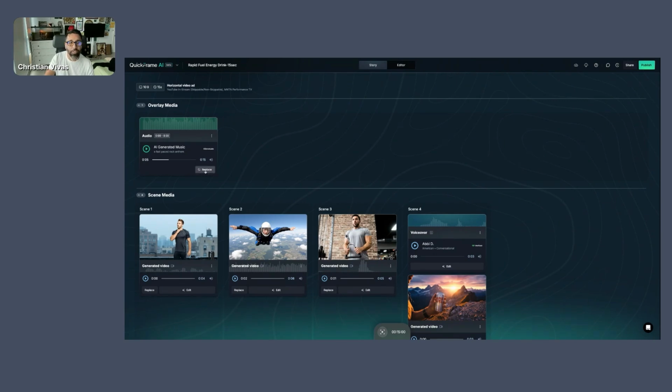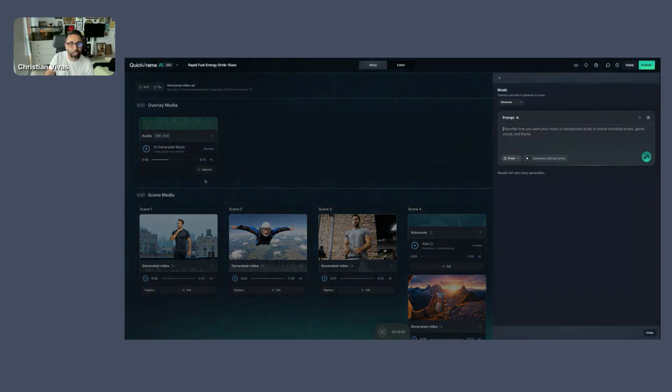We can replace this, and this is the first time that we see a little bit of our drawer where it comes to media and how we manipulate media here in our application. So we have a couple of ways to do that. We have upload an asset. We have our library, which will be able to have and store any type of media that we have. We also have stock. And this will be able to just have any stock footage where it comes to video, images, or music. We'll be able to use that. And we have generate. So let's go ahead and click on generate.